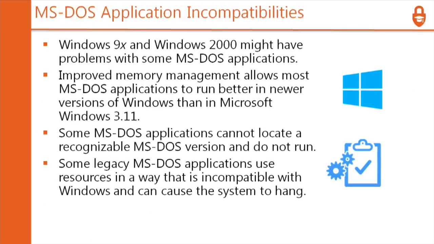So the MS-DOS application incompatibilities. Windows 9x and Windows 2K might have problems with some MS-DOS applications because they may not allocate things properly or something like that. For example, people had a lot of problems with games that wouldn't run when the graphical program versions came out and became prominent. So we had to run them in little specific shells that had specific memory and things like that. So improved memory management allows most MS-DOS applications to run better in newer versions of Windows than they did